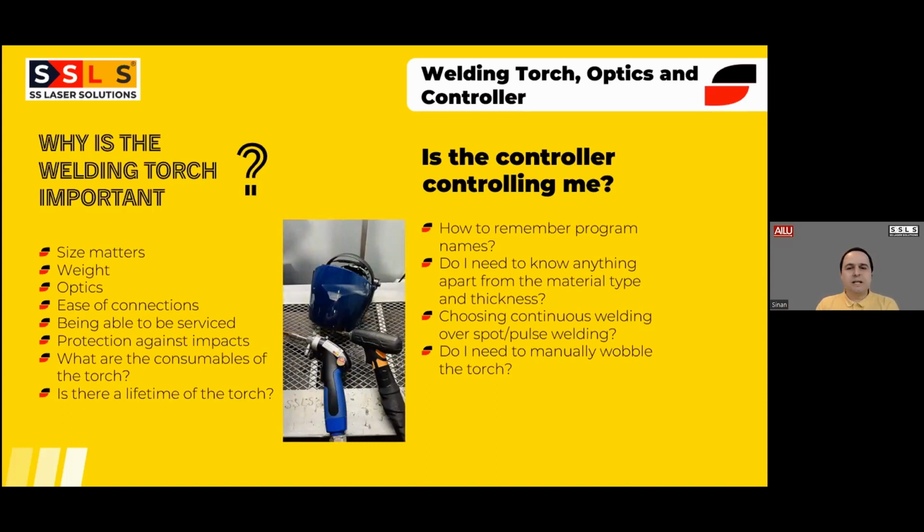Every laser technology has a head. So in laser welding, we have a welding torch, and there are optics involved in it. And also, normally we have the controller. So when we think about the welding torch, luckily customers have ideas about which torch to choose when buying a laser welding